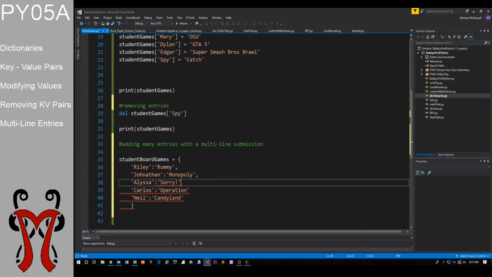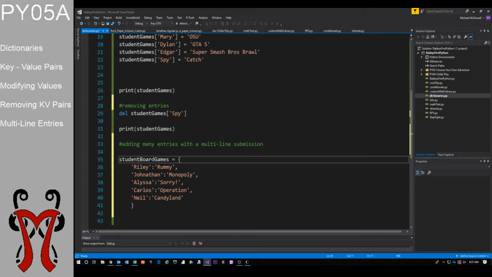Alright, make sure that you put a comma after each key value pair. So this is creating a dictionary of student board games, basically their favorite board games. And the first entry is the key, the second value is the value. So you have key value pairs for each one of these. When you're all done with defining your dictionary, you want to make sure that you put a curly brace at the end of it here. And this will create